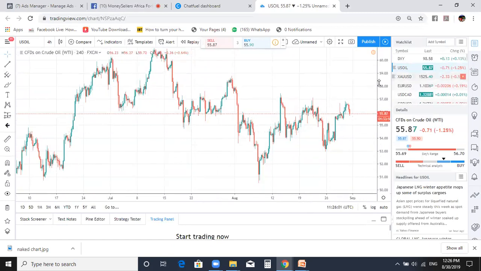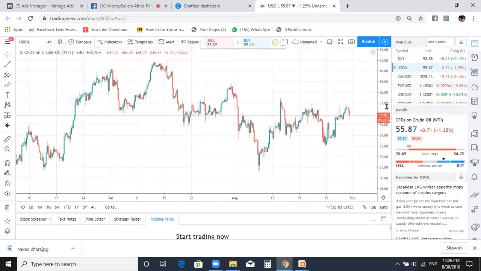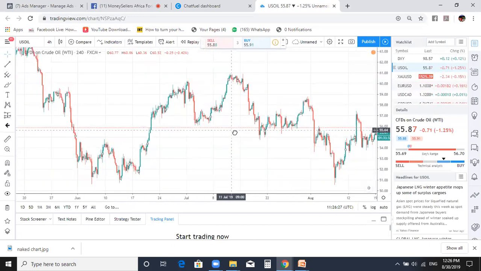Like I mentioned earlier, for further confirmation, before I enter a trade, I sometimes put moving averages, just for further indication. Without moving averages, sometimes I still enter my trade because I have seen it has retraced. I really do not need any other thing for me to know whether to do a buy or a sell. So now you have come to your chart, you're seeing this, and you look at it and say, okay, in this area